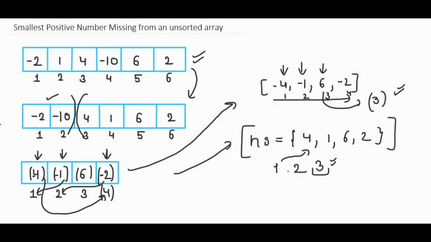This is the approach we have to follow. We have to go to every element. We find the index same as that element in this array. If it is present, we'll go to that index and make the element present at that index as the negative of the previous element. Okay. So why are we doing this? We are doing this to mark the presence of that element in this array.